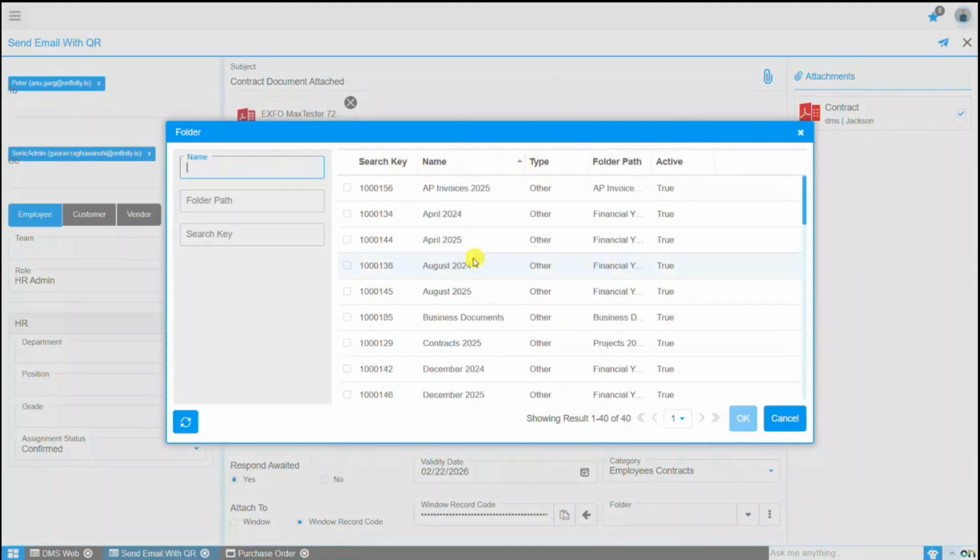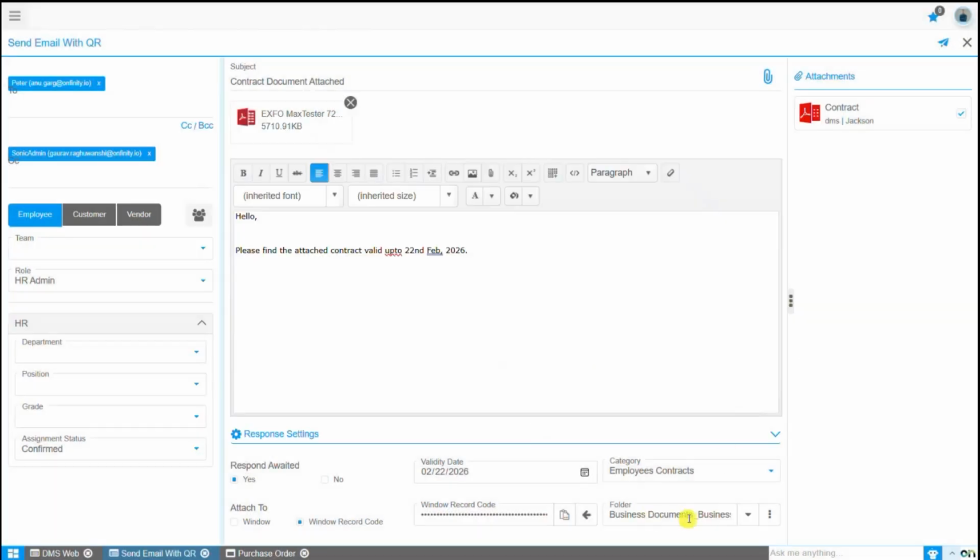The user then selects the desired folder. For example, the business documents folder is selected. Clicking OK confirms the selection, and the chosen folder appears in the folder field. After entering the subject and mail description and selecting the response settings saved in the QR code, we can now